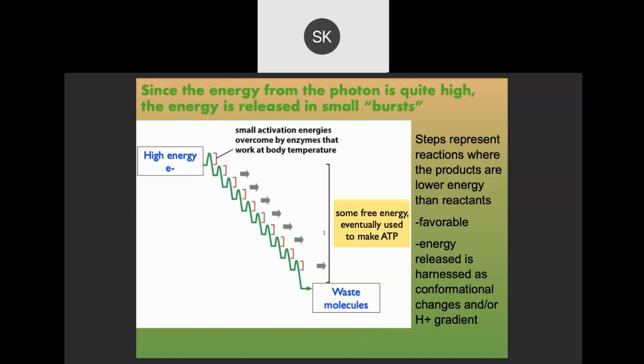The idea is that all this energy is held in an electron, and we can't give it all to one molecule or one reaction, because that would be essentially an explosive reaction. Instead, we go through a series of smaller reactions with smaller amounts of energy